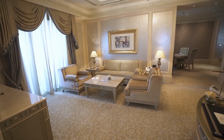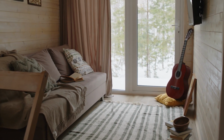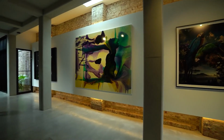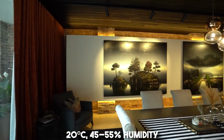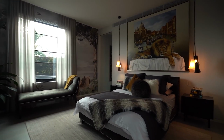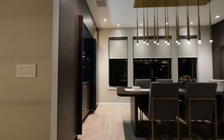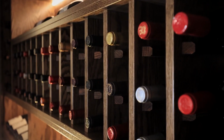Rugs layer warmth and acoustics, softening footsteps and creating spaces ready for voiceover recording or cinematic dialogue. Climate-controlled art storage keeps paintings and sculptures at a perfect 20 degrees Celsius, 45 to 55% humidity, with HEPA and UV filtration. Tasting rooms, barrel-vaulted and lined with tufa or brick, showcase magnums and verticals with anti-vibration racks, and stone tables